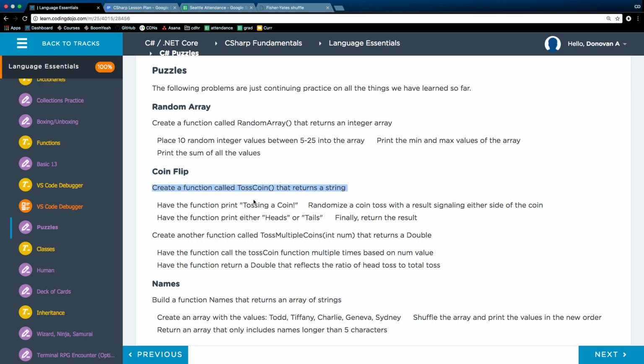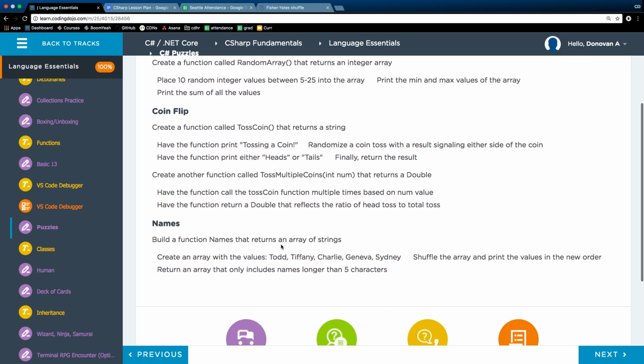And then the coin flip one, we're just going to flip one coin, and it's going to give us a heads or a tails. And then the second one is to pass in a number, and it's going to flip it that many times, and then return the ratio of how many heads I flipped. Right. And then the names one, we're just going to have some fun with string arrays also, and maybe shuffle them around a little bit. But cool, let's start with